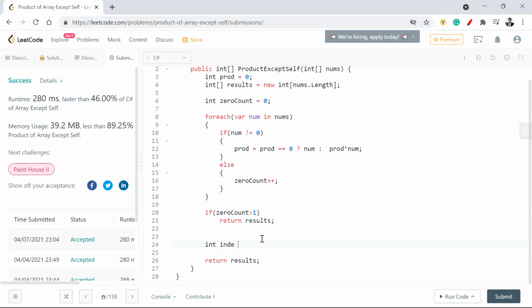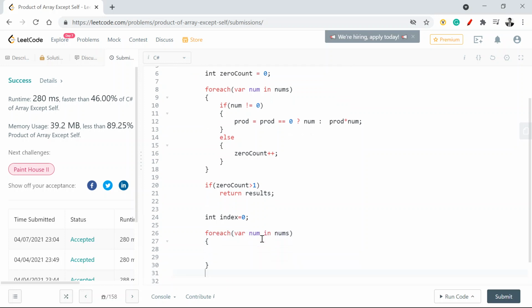So what I'm going to do here is create another index which is equal to 0. I'm going to say run for each and every value, for num in nums. Now I need to mark everything 0 only when I have my 0 count equal to 1, right? So I'm going to say my results index will be equal to, if my 0 count is not equal to 0, that means it is equal to 1. I'll check, okay, if it is not equal to 0, that means I have one 0 in that array. Then I'll say, okay, if my num is equal to 0 or not.